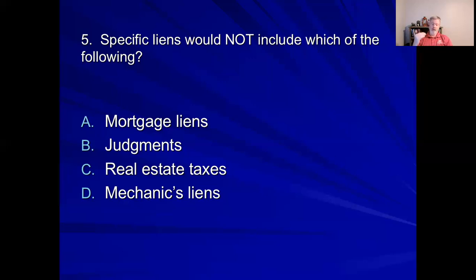So if the courts order you to pay whatever amount to whoever is suing you for it, that becomes a judgment. And if you don't write them a check for it, they now have the right to come and take everything you own to satisfy that debt, or at least enough to satisfy the debt. But real estate taxes, y'all, it's only that one specific property. Mechanics liens is one specific property.